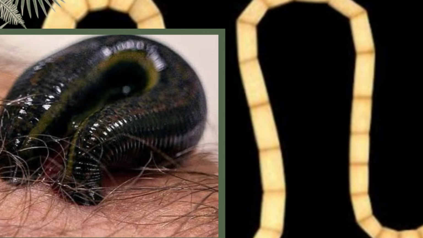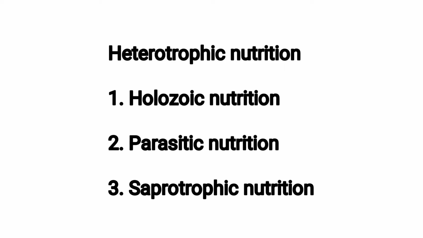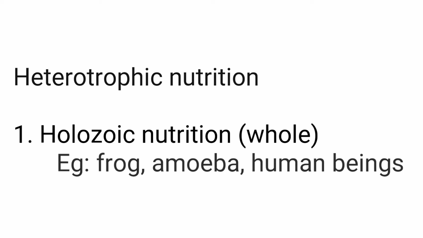Based upon the mode of nutrition, heterotrophic nutrition is classified into three: holozoic nutrition, parasitic nutrition, and saprotrophic nutrition. So there are three types of heterotrophic nutrition: holozoic, parasitic, and saprotrophic. Here, the holozoic nutrition is a type of nutrition in which